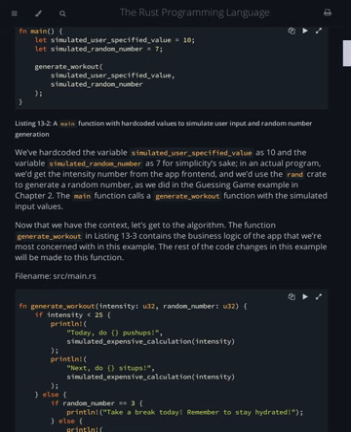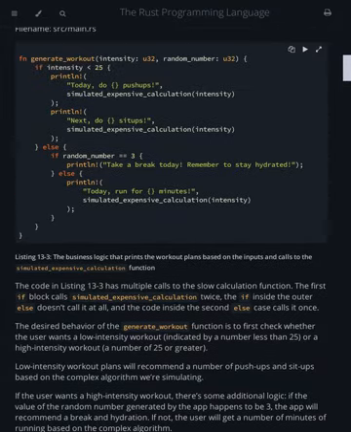The function generate_workout in listing 13.3 contains the business logic of the app that we're most concerned with in this example. The rest of the code changes in this example will be made to this function. fn generate_workout(intensity: u32, random_number: u32) { if intensity < 25 { println!("Today, do {} push-ups!", simulated_expensive_calculation(intensity)); println!("Next, do {} sit-ups!", simulated_expensive_calculation(intensity));